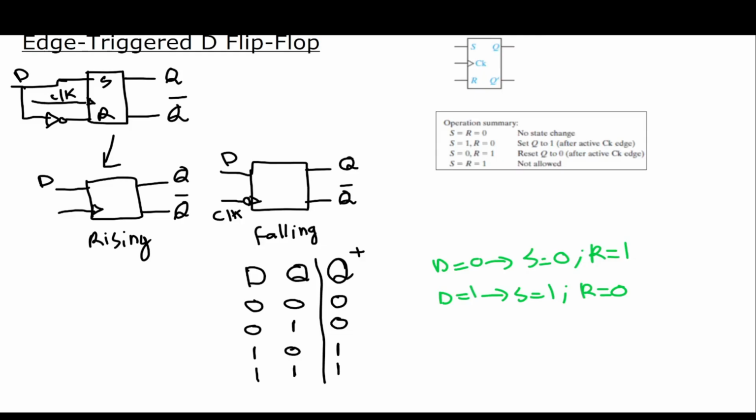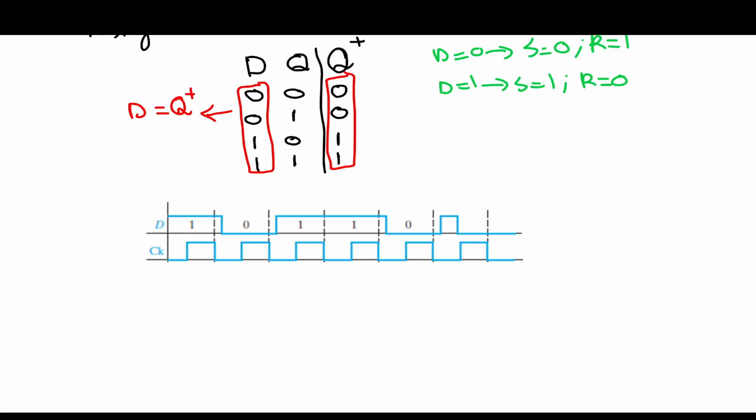So, a very beneficial observation here: looking at D and Q, they are equal. So in a D flip-flop, the characteristic equation will be D equals Q plus. So let's take the following timing diagram and try to plot the Q state on it to better understand how